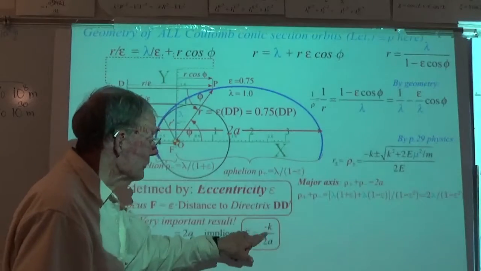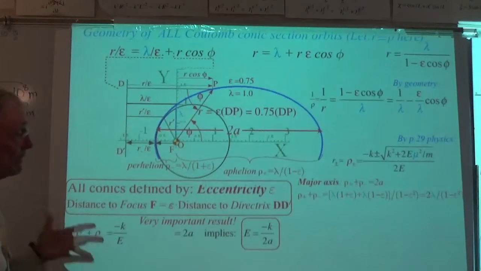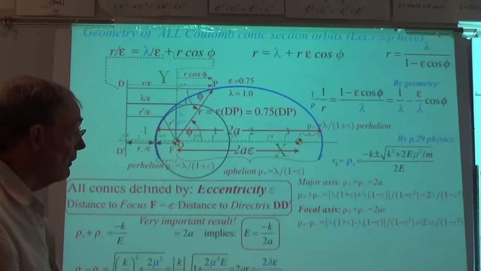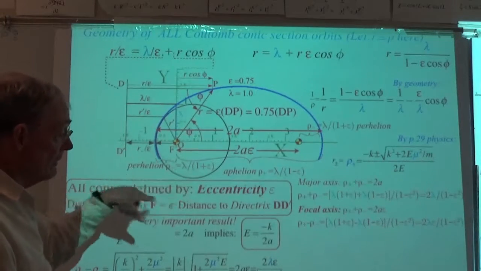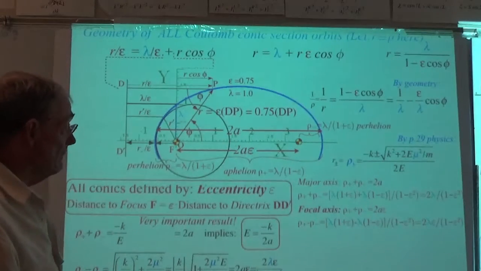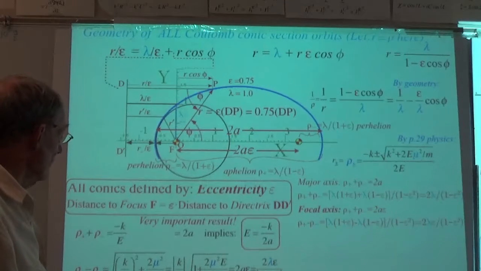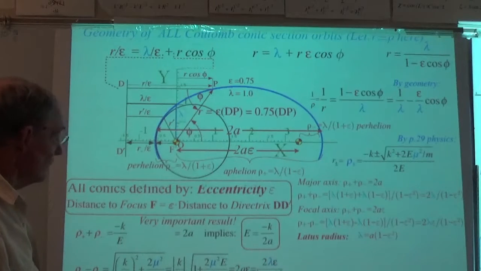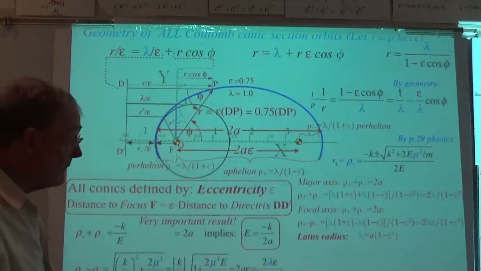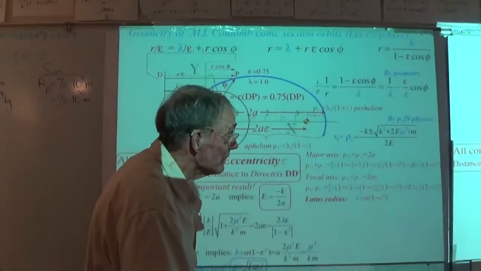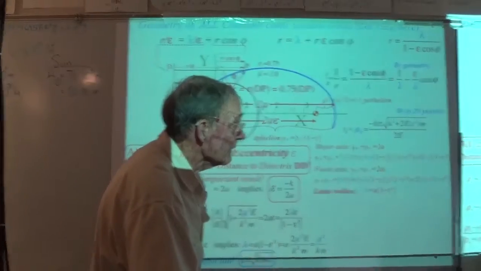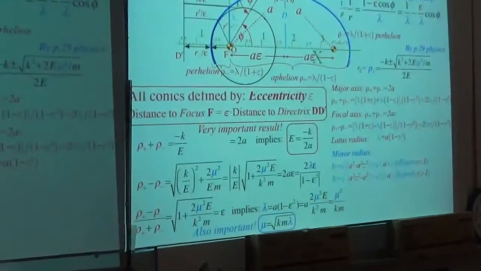And this minus sign has to be there for RK, which is positive when attractive. And our energy is negative. All the energies are negative when you're bound. It's only when you get above the escape energy that you then have positive energy. So these are relations here that get us the physics together so that we can make a table out of the parameters that we have. And I'm going to go ahead on this one to this point because that is really an important set of results there. Okay. So major radius, focal axis, lattice radius,